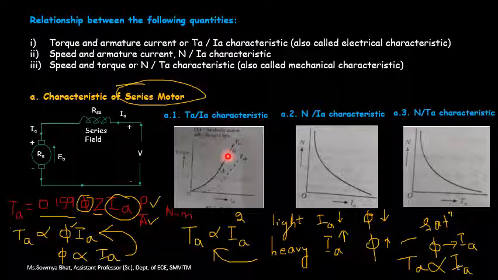We have seen one more type of torque, that is TSH, which we call the shaft torque, which is a bit less when compared with the armature torque, and its curve is represented using a dotted line. Once again, TSH with respect to armature current is shown by a dotted line. It is derived in a similar manner, and you are going to obtain it slightly lesser when compared with the armature torque. So hope you understood how to derive the relationship between armature torque as well as armature current. Further, we will move on with the second type of characteristic of DC series motor, that is speed as well as the armature current.